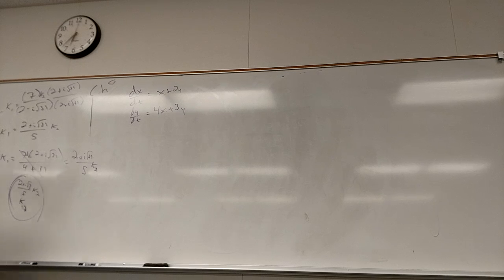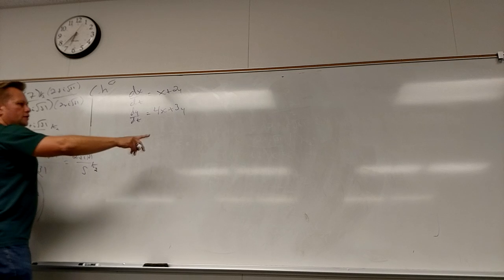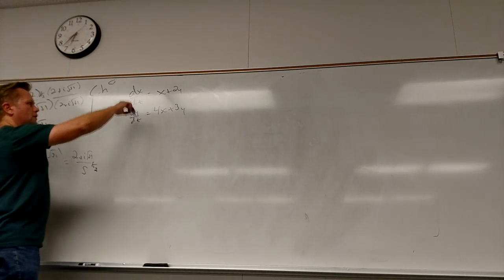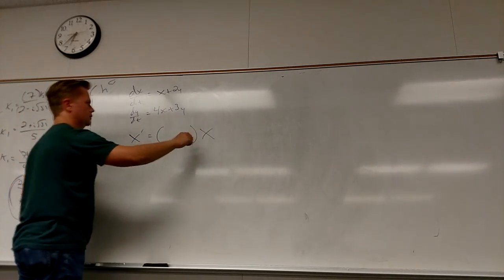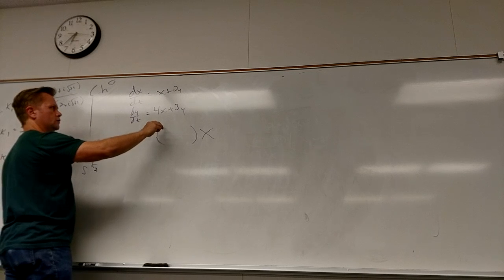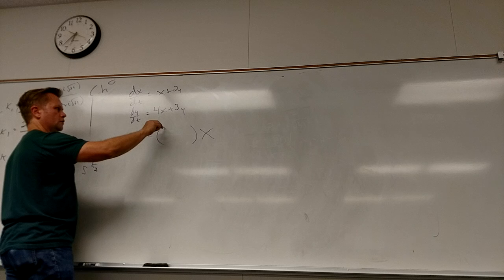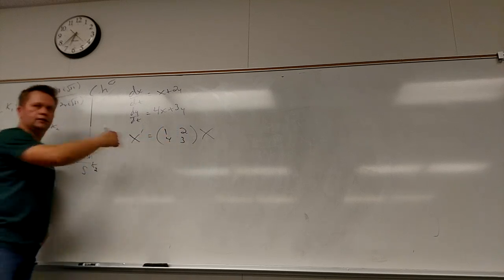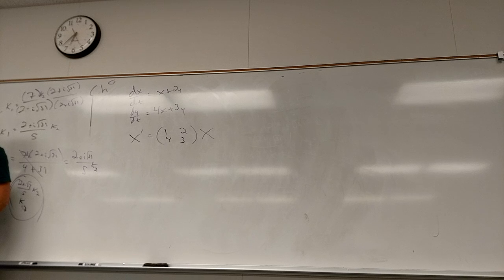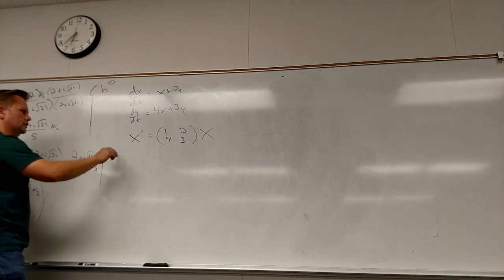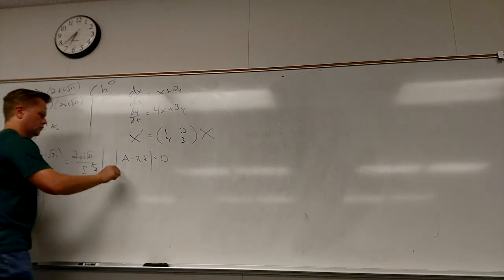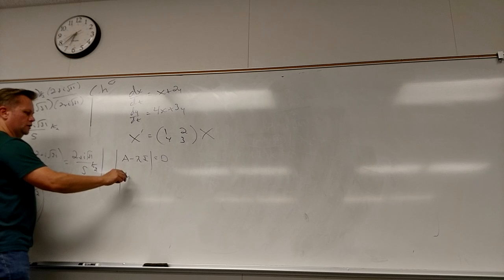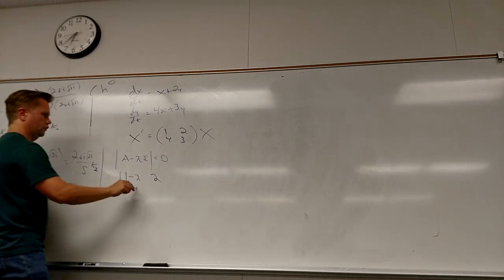All right, let's do this one together. Considering I just took you through a little math horror house here. So this would be x prime equals something times x, and that something, of course, is the matrix 1, 2, 4, 3. So then you can identify what A is, and then based on what we did earlier, I can jump to the part that's the most important. So I can look at what A minus lambda I is. Here it's going to be 1 minus lambda, 2, 4, 3 minus lambda,